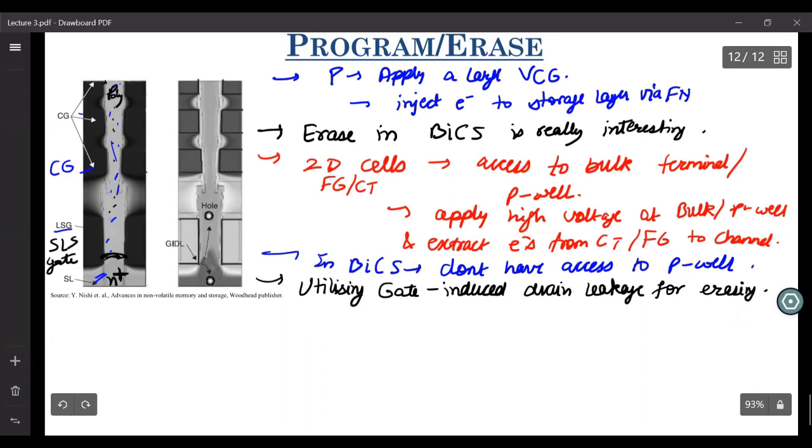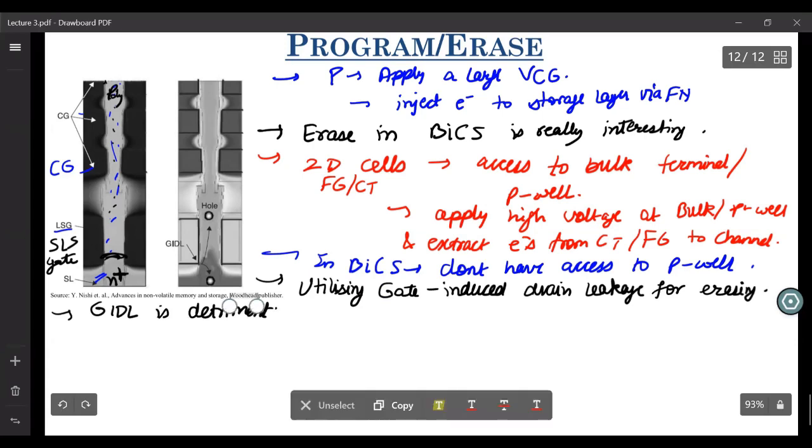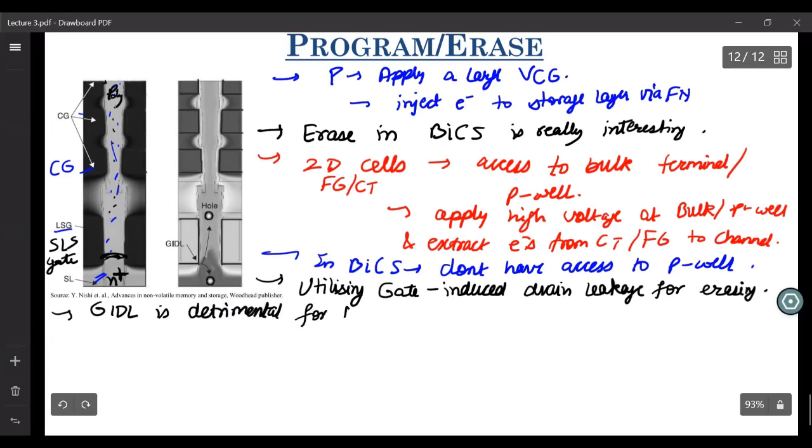Now, if you may remember this gate-induced drain leakage, or GIDL, phenomenon, you may know that GIDL is detrimental for MOSFETs, right? Why so? Because it increases the leakage.